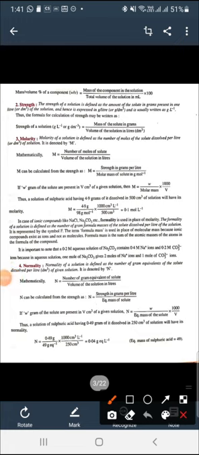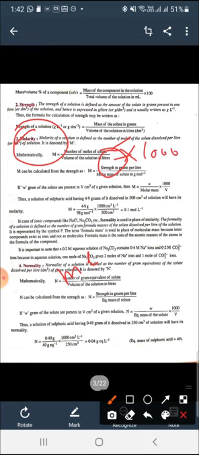So today's topic is some concentration terms. We are discussing the third term here, molarity. What do you mean by molarity? Molarity is equal to number of moles of solute upon volume of solution in liters. It means how many moles of solute are dissolved in a particular volume of solution, when the volume is taken in liters. If the volume of solution is taken in ml, then we have to multiply this equation with 1000.